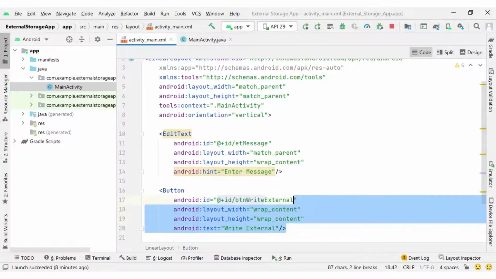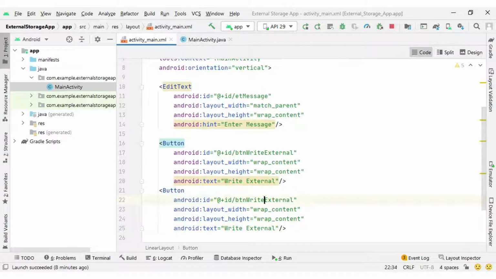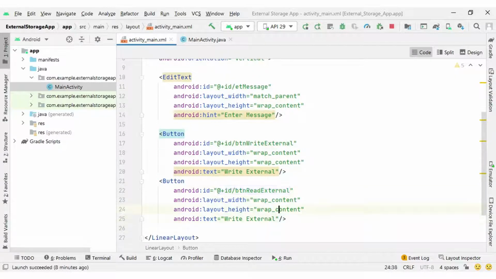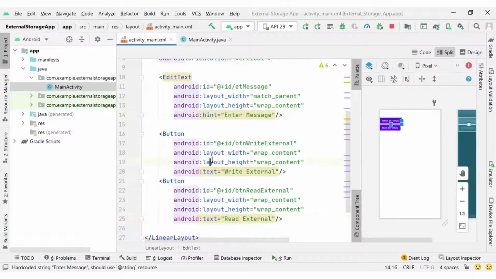One more button I am going to create here is button read external, and its text property we will set to read external. So the layout file is ready with one edit text and two buttons.